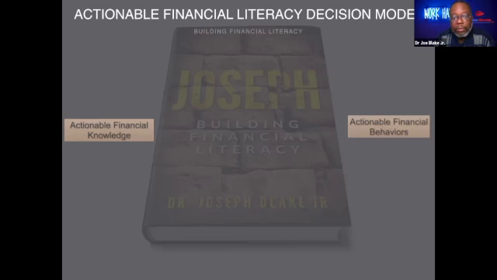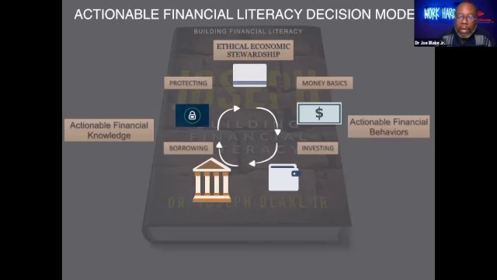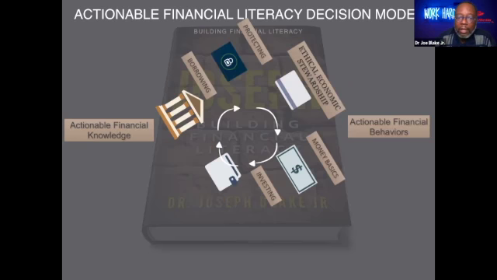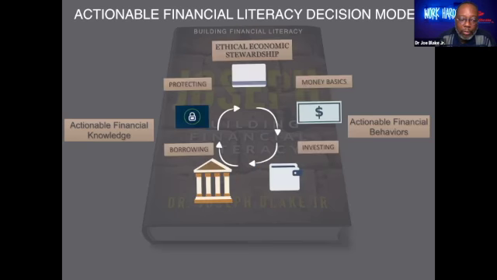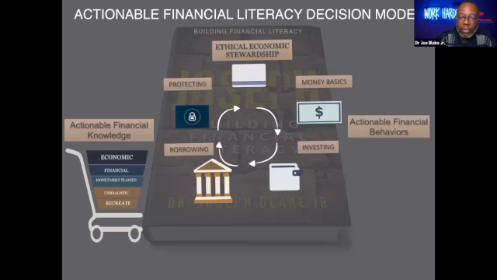The objective there is that in the end, you want to change your behaviors. You have the skill sets in the middle there, and those skill sets you want to practice. As you're doing that, use your shopping cart to look at each step in the model so you can change your behaviors and make things better. And again, my overall objective is to show families how to build financial literacy so they can create generational wealth for their families.